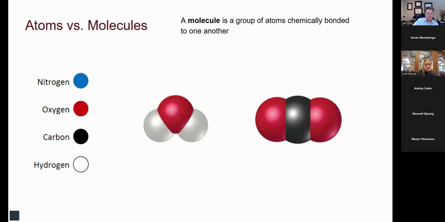So I'm on slide 16 of the chapter two slide deck, and in this we're looking at atoms compared to molecules. I have good news for everyone: I figured out some of the issues with my tablet, so it won't be writing all crazy. Okay, so a molecule is a group of atoms chemically bonded to one another. What that means is that these two atoms, this one and this one, have something that they share to bring them close together. Now, this is what's known as a space fill model